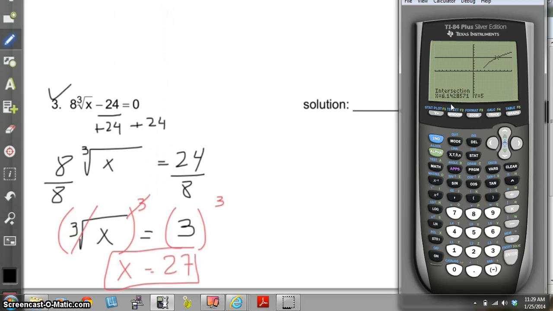So x is equal to 27. This is how you do it. Now you need to check, so this is the algebraic method. Now on the calculator you enter